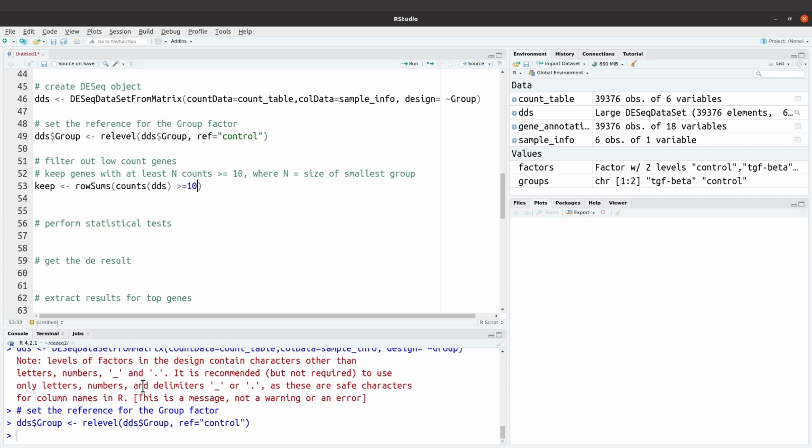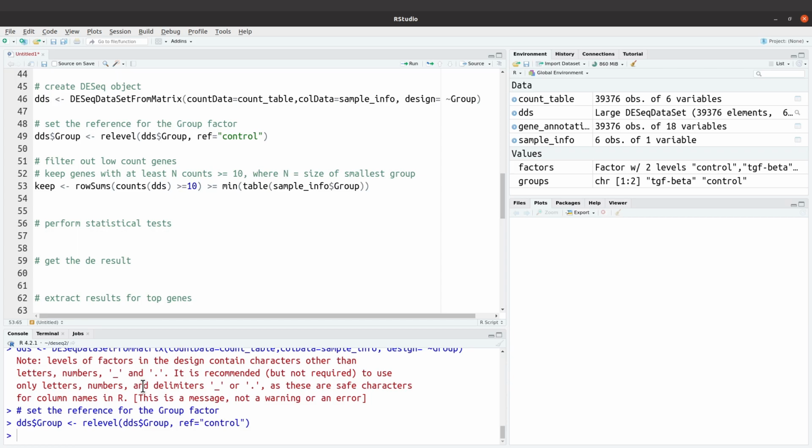That means we are getting genes with counts greater or equal to 10. And then we say greater or equal to the minimum table sample info